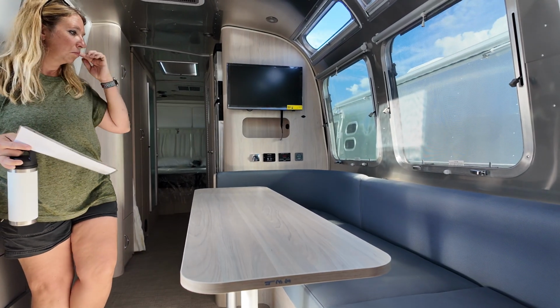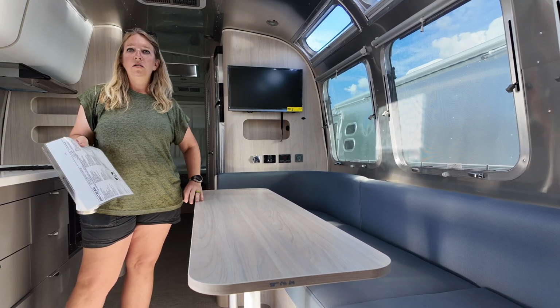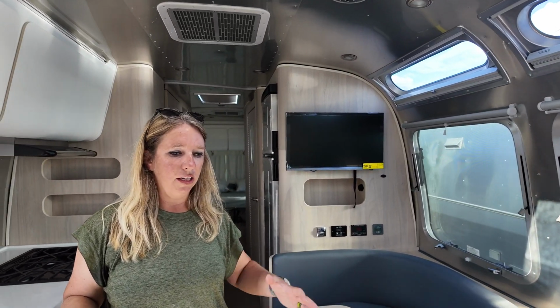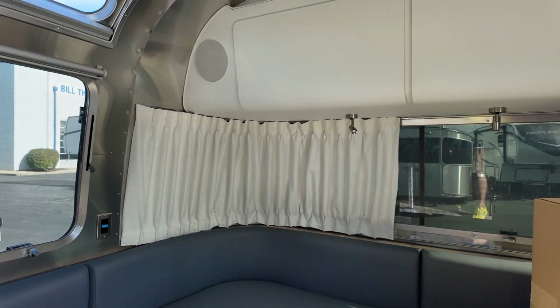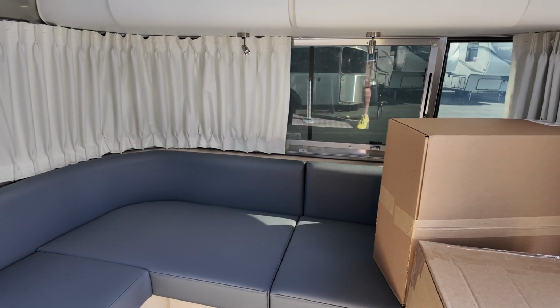table. Which is, I think, better than the dinettes. It's a nice workspace. Not too big, not too wide, but you've got space for your computer, or if you're eating dinner or lunch or something like that, and then you could even use it as a serving table or something if you want. But then I also like that it has a seating area in the back where it's somewhere to sit that's not